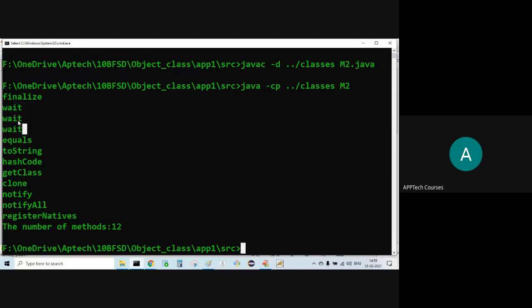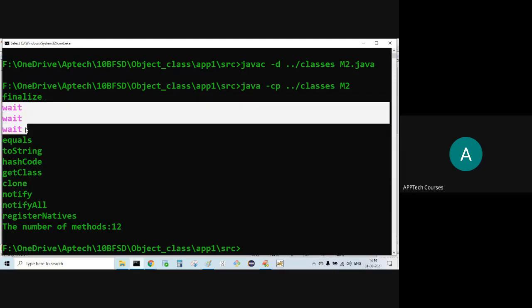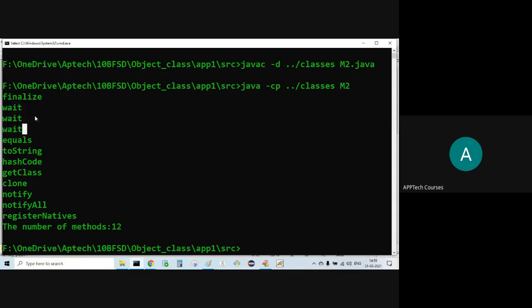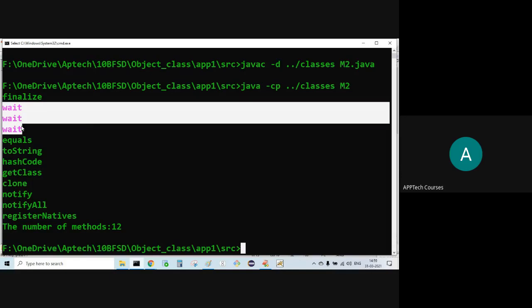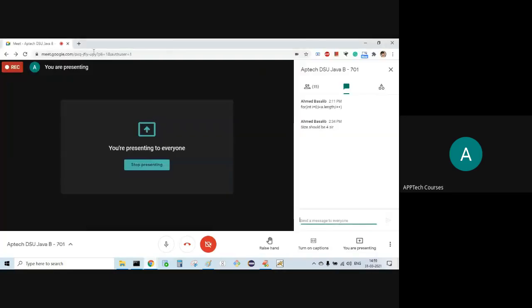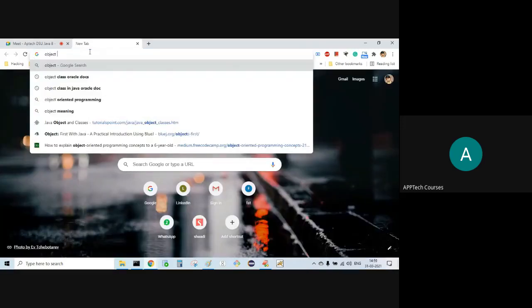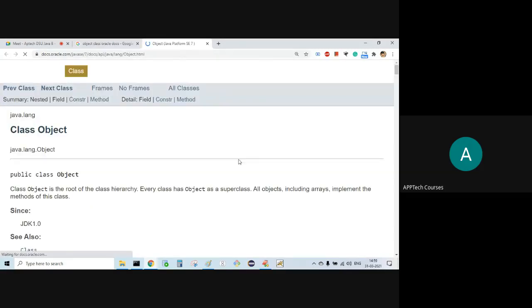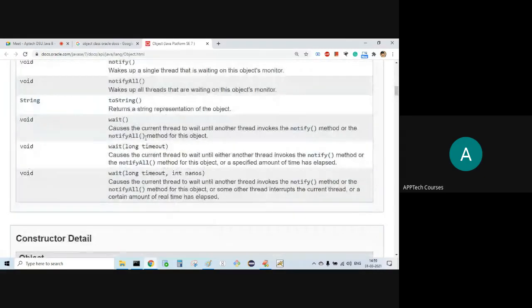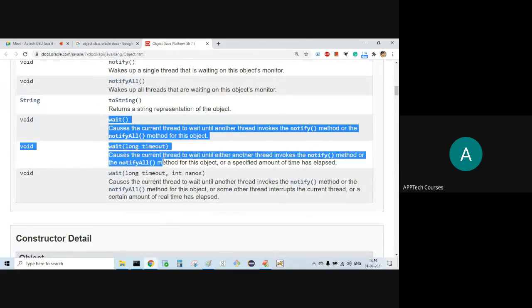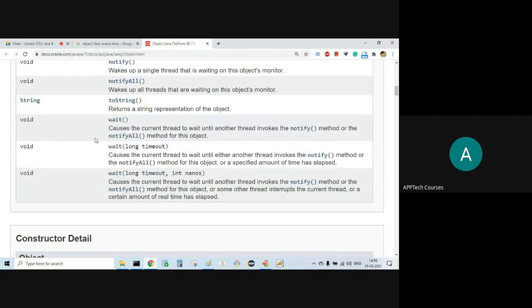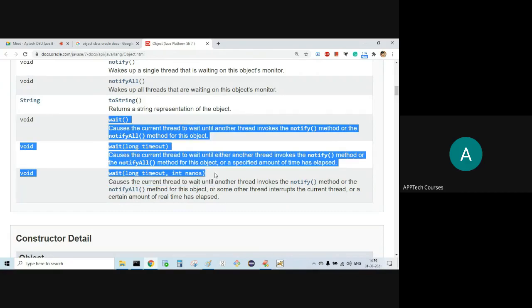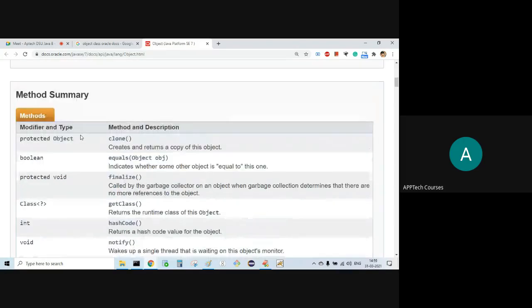I'm not seeing the parameters, simply the method names. That is why we're getting it like this.